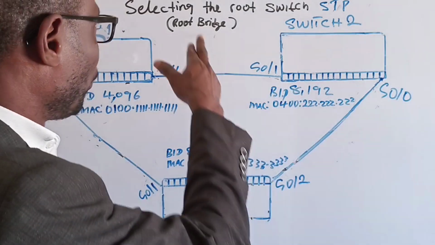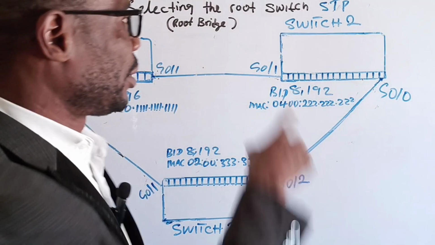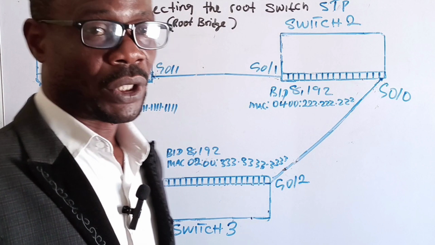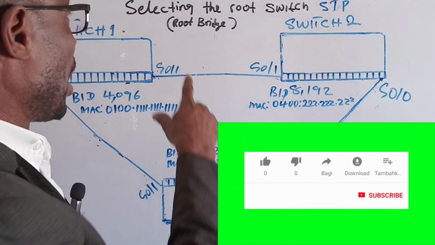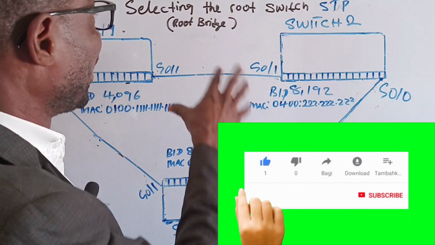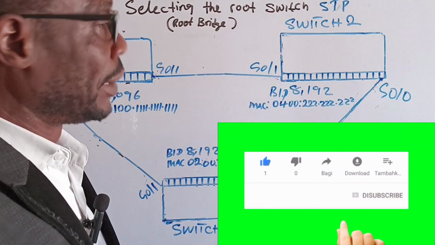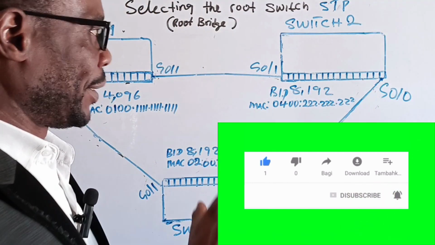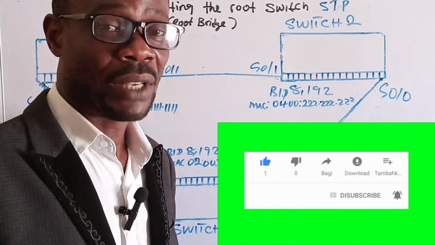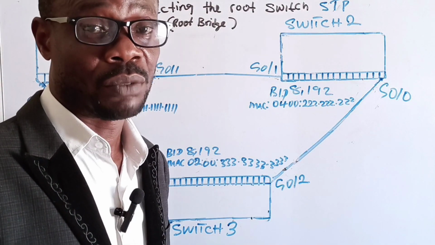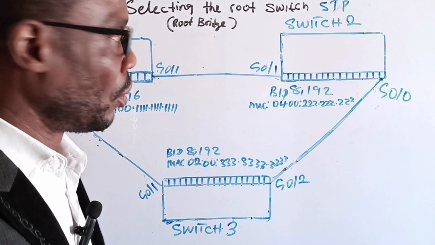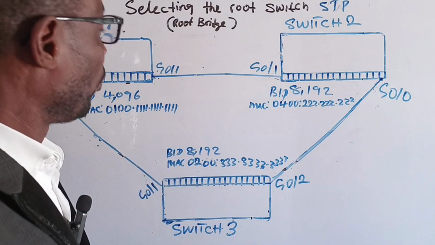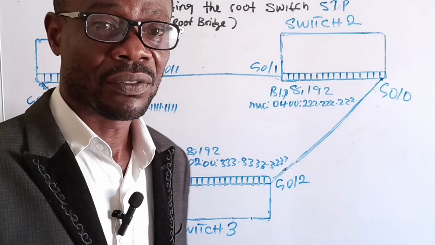I'm here to present to you Spanning Tree Protocol, part 2. And I want to tell you how switches select the root switch. The root switch is the head of the switches, which sends messages to every other switch. And this message is called a Bridge Protocol Data Unit. So in a switch network environment,